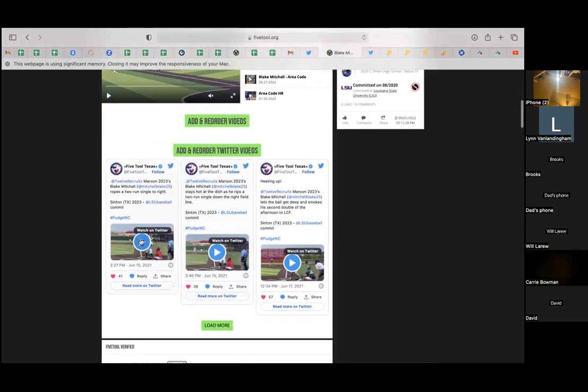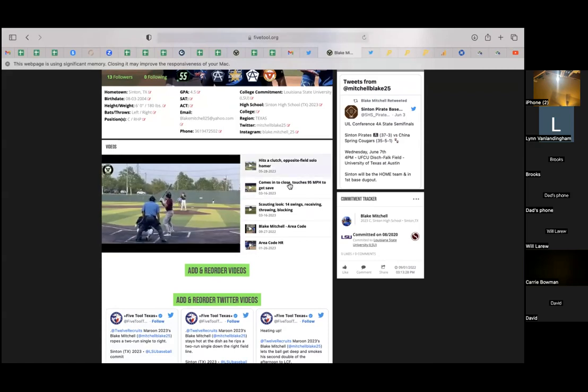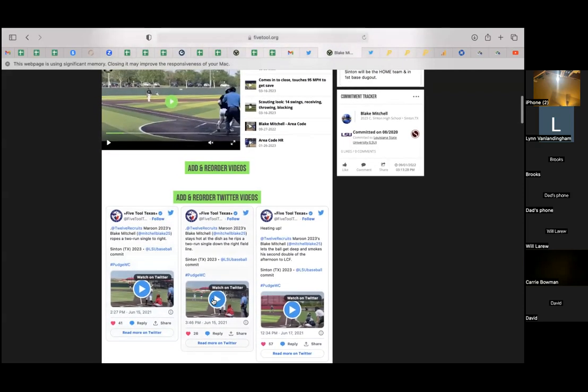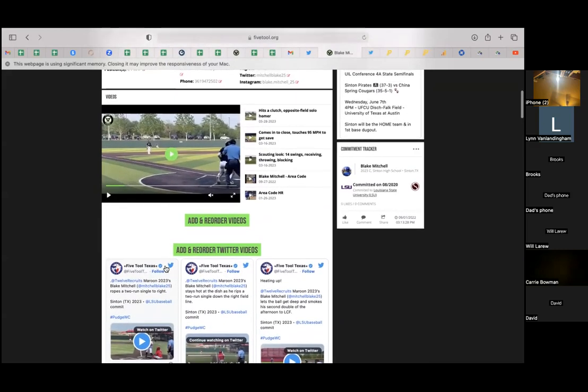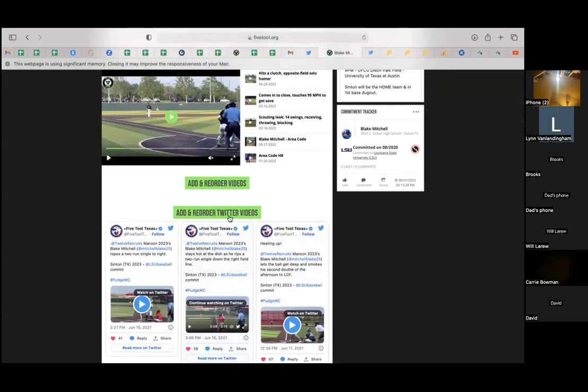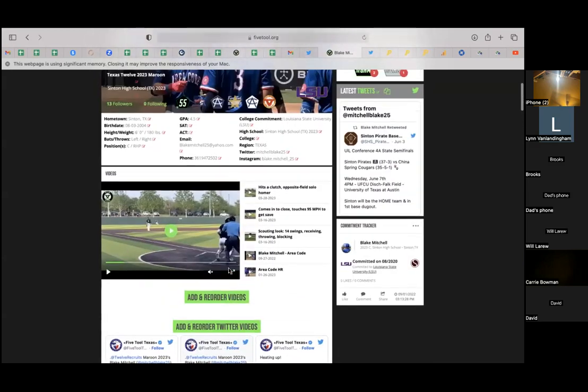And this is a good example I'll show you right here of the Twitter feature. So, you've got all of the videos that we've got on Blake right here. And then down here, these are videos that were uploaded directly from Twitter, and they'll just play. Like I said, it's small. I'm zoomed out pretty far, but you can full screen it and it'll just play right on the page. So for those who are less inclined to upload to YouTube or Vimeo first, you can tweet out a video and simply copy and paste it right there. But again, I'll just reemphasize that every video that we get in our events or that we get when we're out covering you guys will automatically be uploaded to this video player right here.